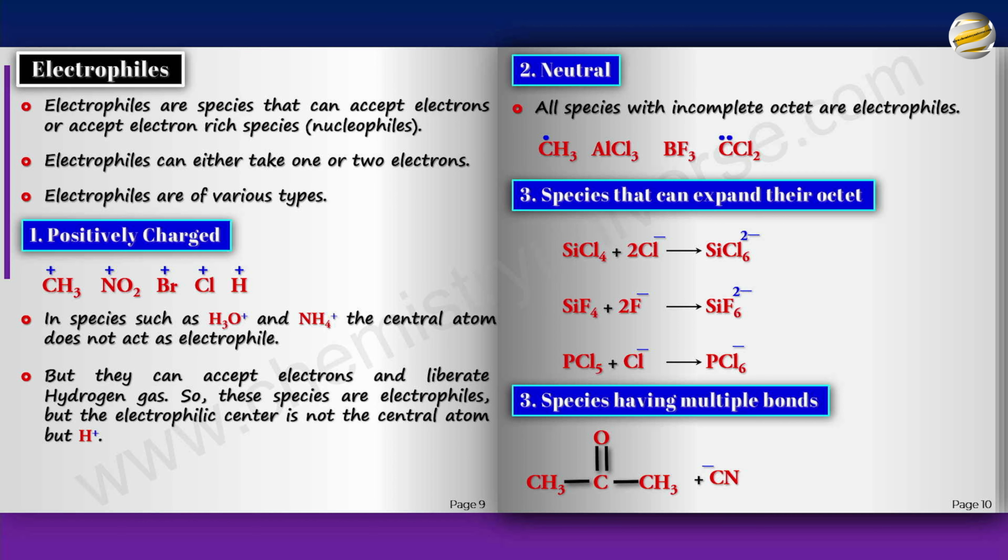and here the multiple bond must be attached to an electronegative element, and CN- can attack this carbon because this carbon is electrophilic. One, O is pulling it, and secondly it is resonance stabilized by this structure. Since this will also contribute to some extent, there is some kind of a delta plus on this carbon. So the CN- attacks this carbon and forms a species like this. So carbon here acted as an electrophile.